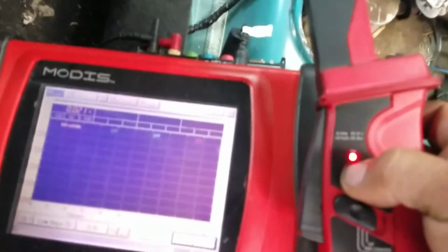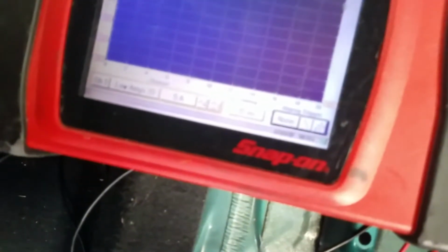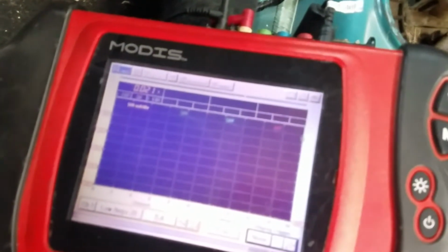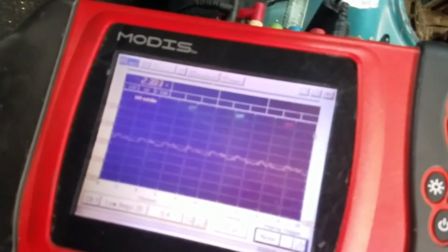I got the meter. I got an amp probe here, low amp probe. I'm just gonna hook it up. Okay, it's backwards. Okay, there it is. Alright, that's what it looks like